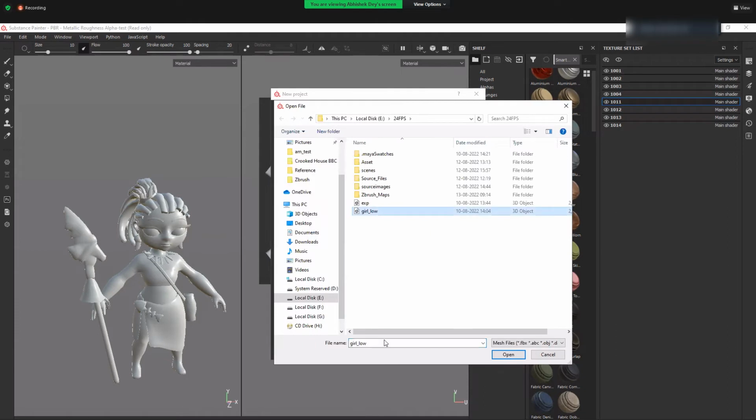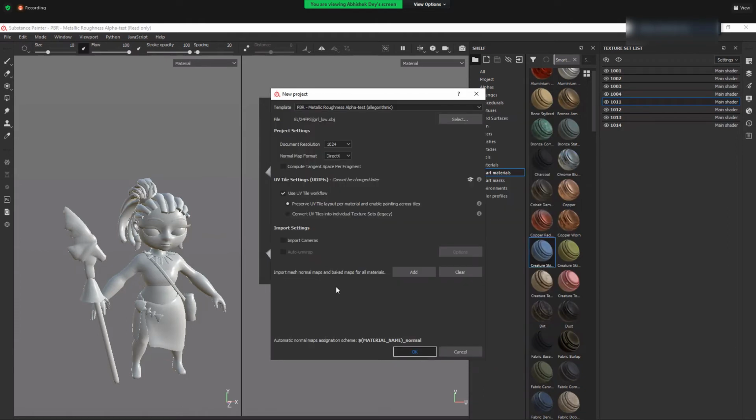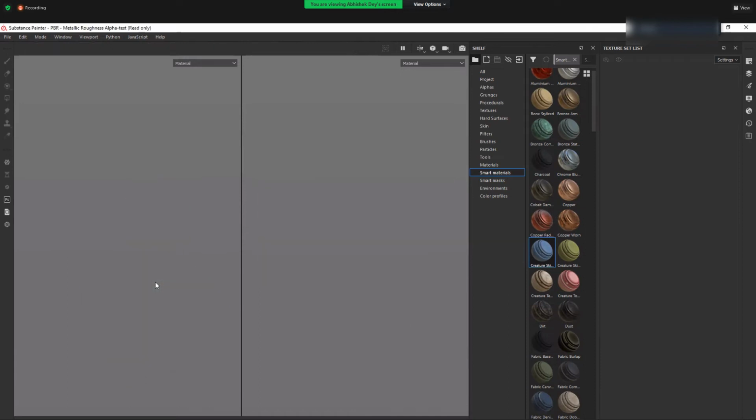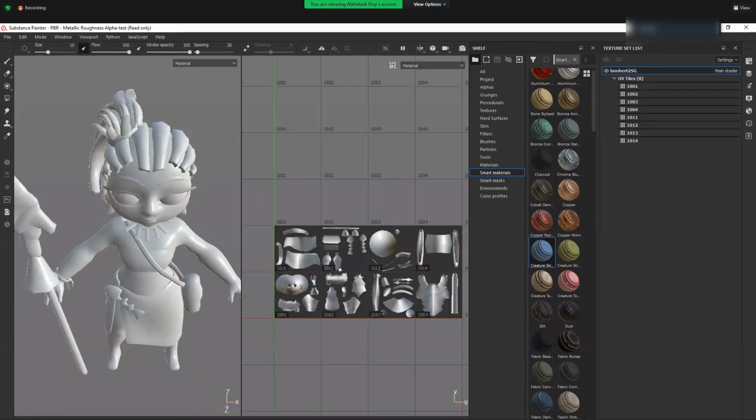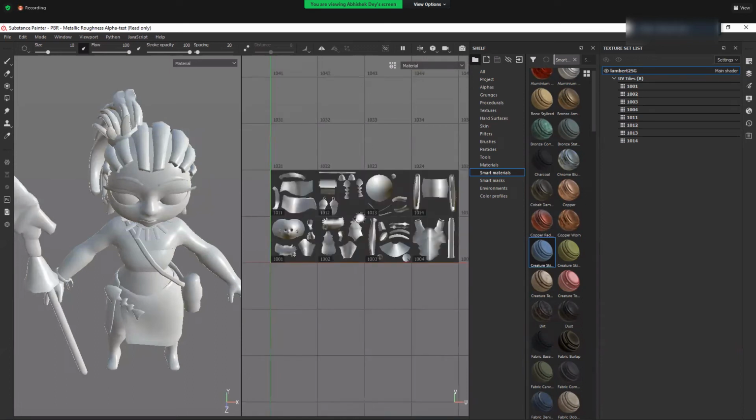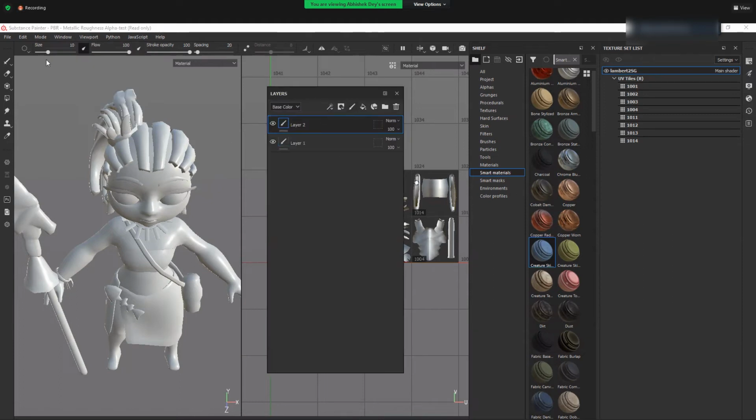So I'll just select it and okay. Now what this gives us is, we can now access all the UV tiles at the same time, and we can paint across the UV tiles. So if I go to my layers and take a new brush or something and